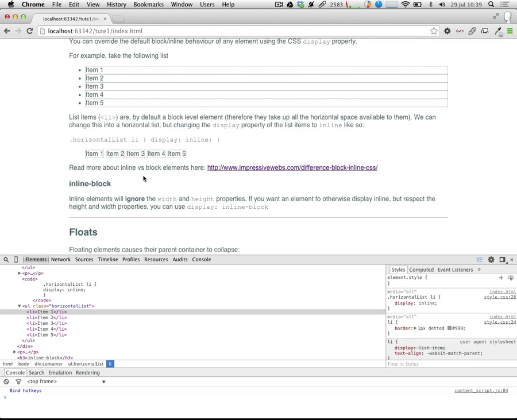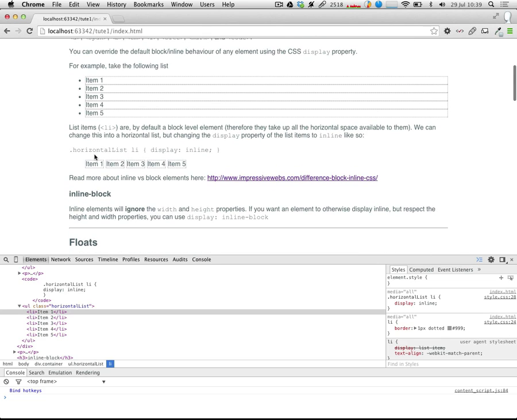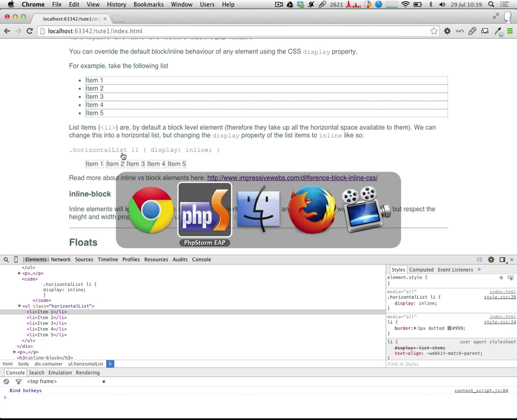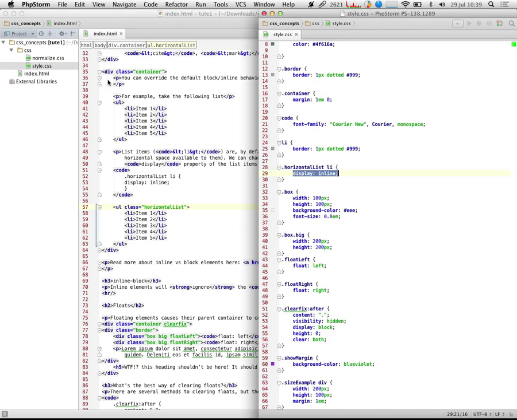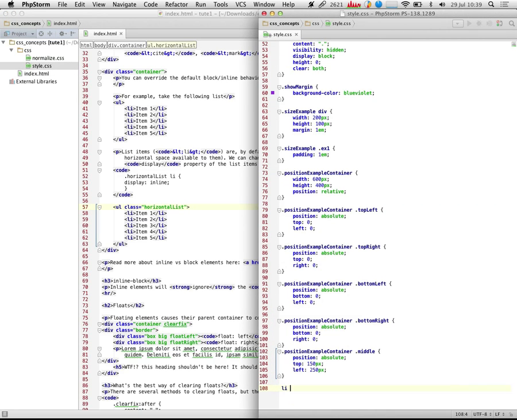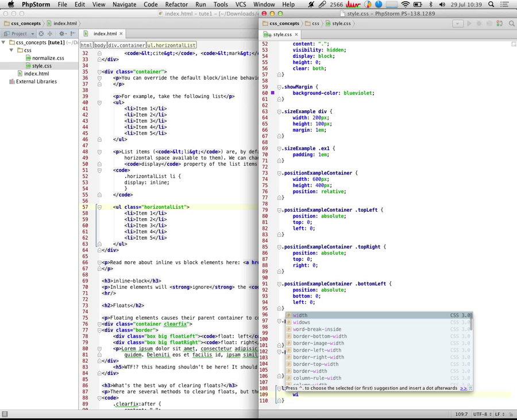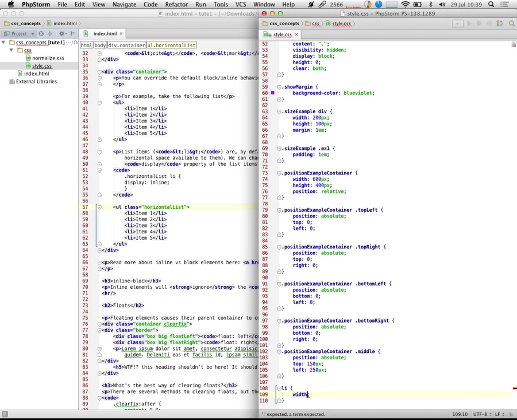Okay, so there is one more thing to note about inline elements, and that is as soon as you set an item to display inline, it will all of a sudden ignore the height and width properties. So let's just say, for example, I write a style which styles all of my list items to be width 100 pixels